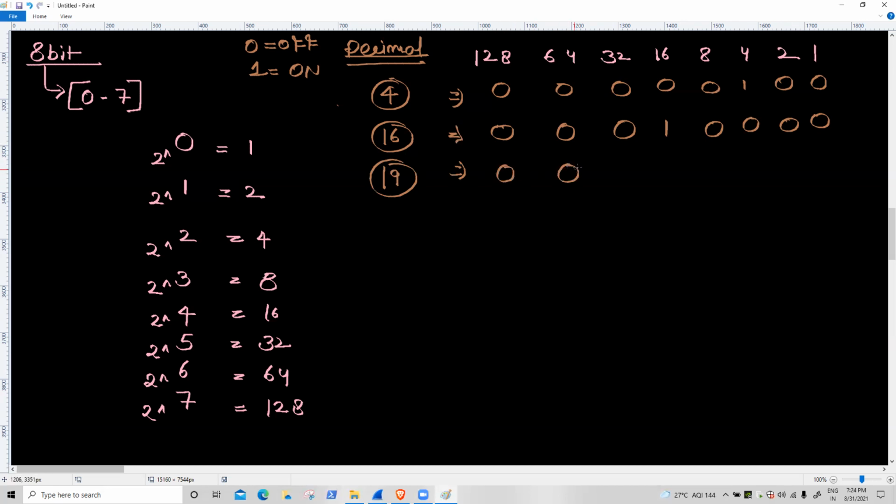Suppose you are getting a decimal value of 19, then which one? 0, 0. This one is a higher value, this one also. 16 is lower. How many values remain after 19 minus 16? 3 values. So 0, 0, 1, 1. Okay. Right now, suppose you are getting 34, then 128 is 0, 64 is 0, 32 is on, 0, 0, 0, 1, 0. 32 plus 2 is 34.